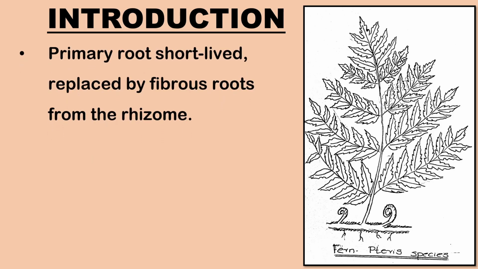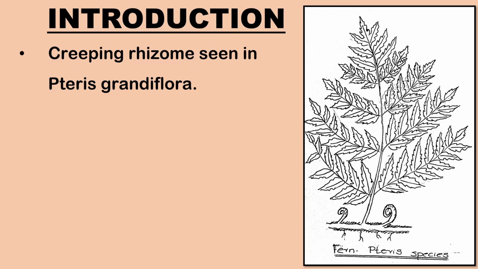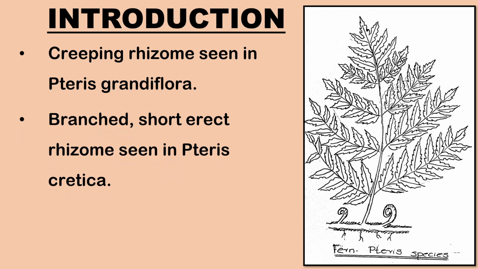The primary root is ephemeral, short-lived, and is replaced by a large number of adventitious or fibrous roots which grow profusely from the rhizome. The underground stem is branched, perennial, rhizomatous, and surrounded by brown scales called ramenta. The underground stems are generally known as rhizome. The rhizome may be creeping as in Pteris grandiflora, or it may be branched, short, and erect as seen in